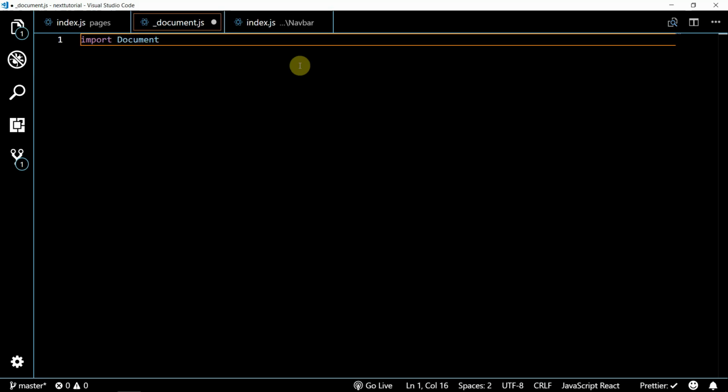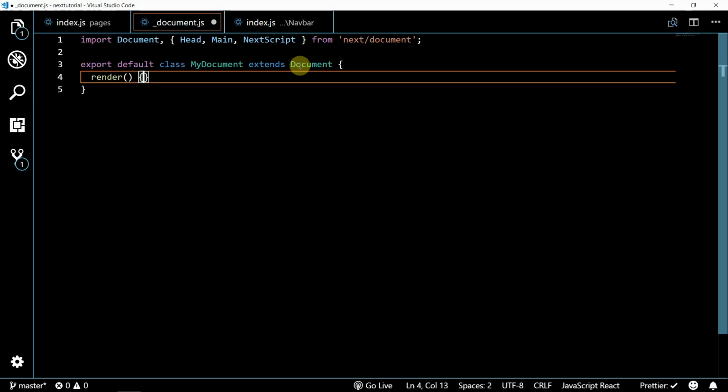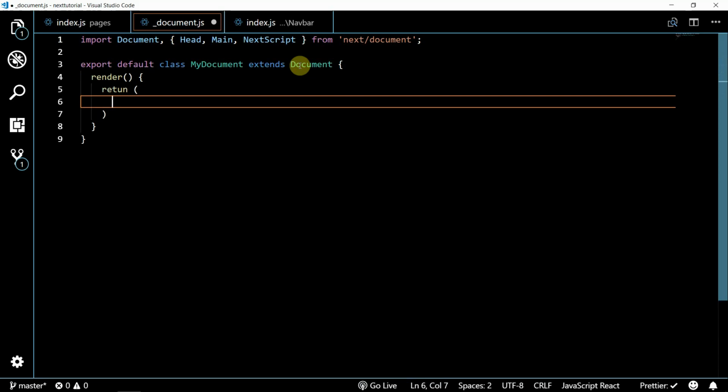So we're just going to import some components from the actual Next framework, and then we'll start building. We don't want component, we want Head, we want Main, and we want NextScript. And this is going to be from next/document. So what we'll do here is we'll do, I think it's like, export default class MyDocument extends Document. And then in here we'll have our render function, and then we'll return,